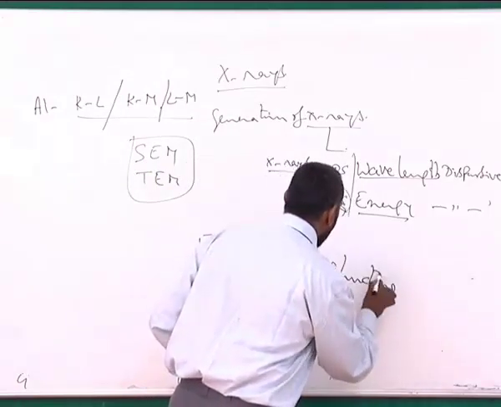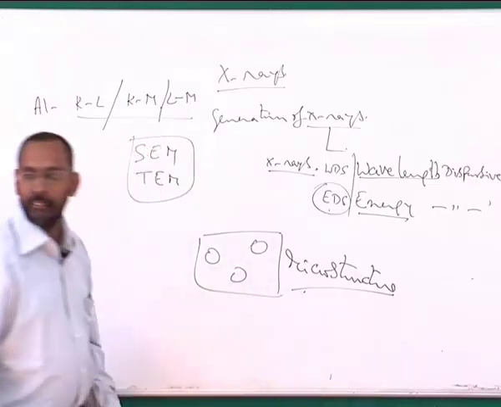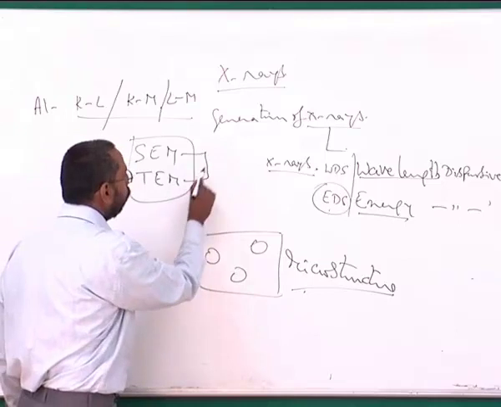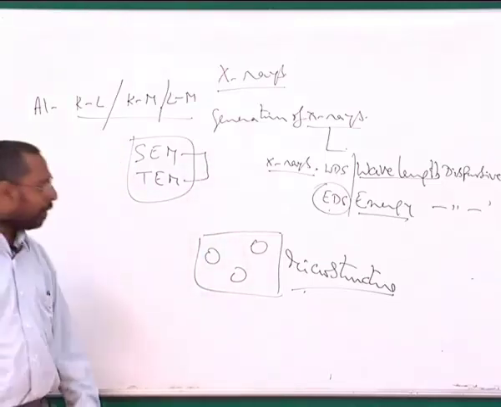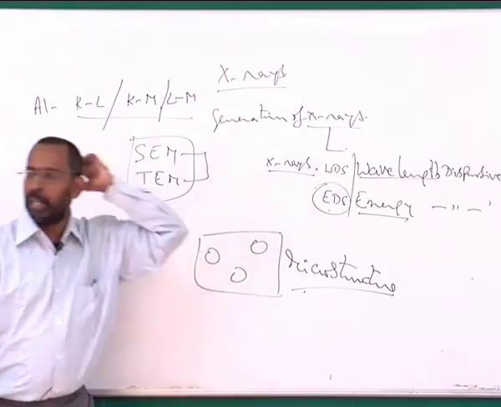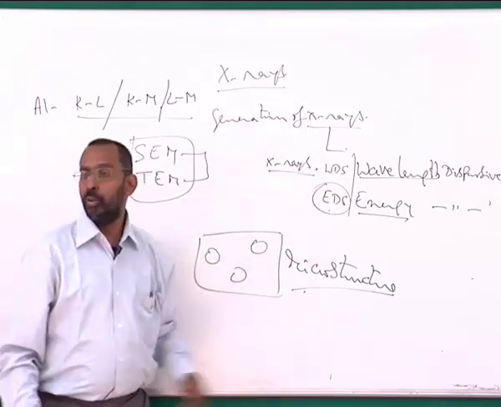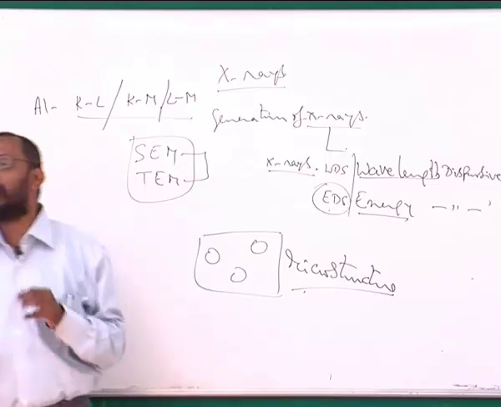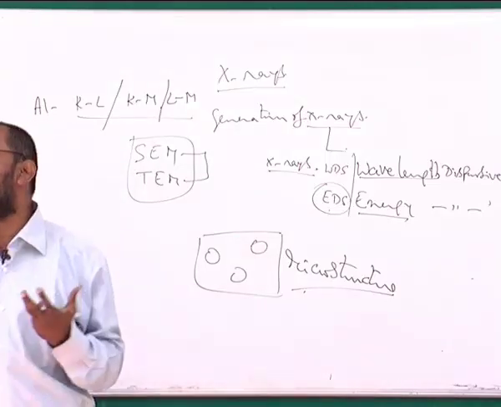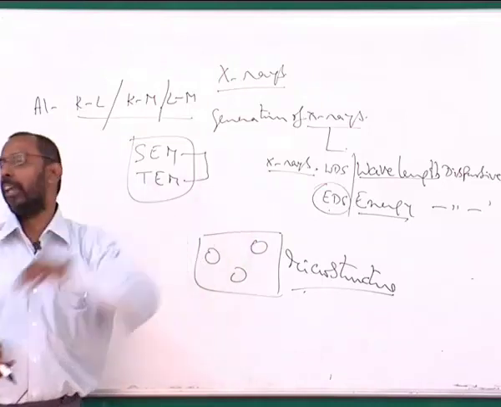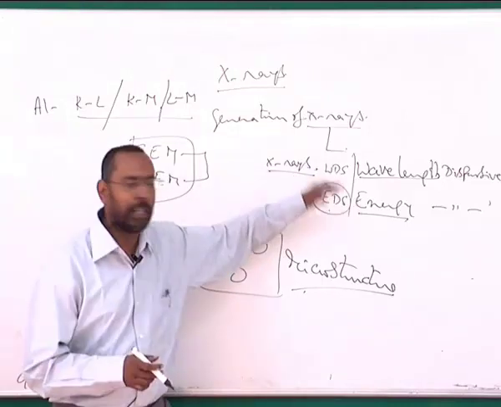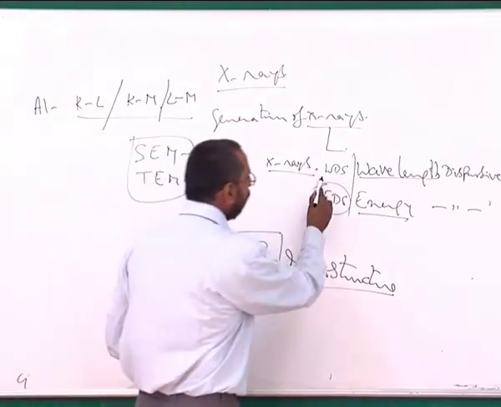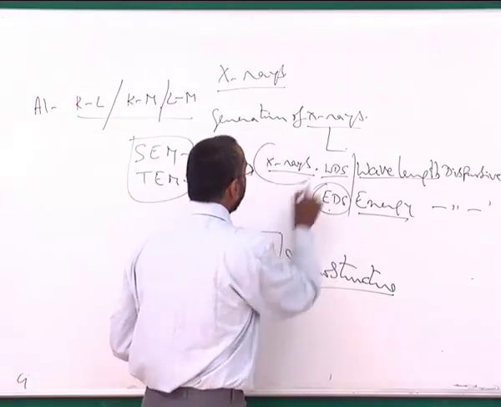And if I want to have this microstructure seen at a very high magnification or at a high resolution, I can use either this or this. In principle, you can even attach possibly this to, even if you want to call it an optical microscope, but the point is optical radiation that we are using does not have sufficient energy to knock off an electron from any of these. So I cannot use an optical radiation to generate X-rays. That is the reason why you need sufficient energy radiation to create these X-rays.